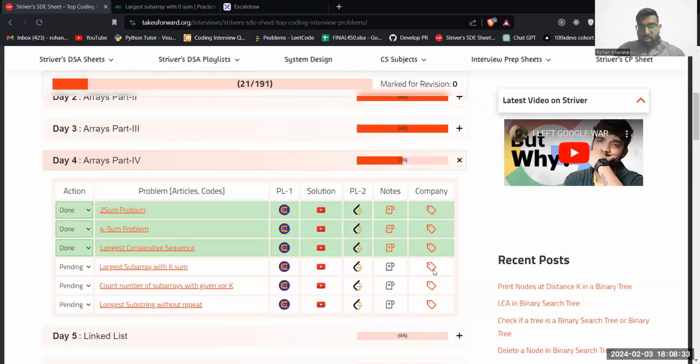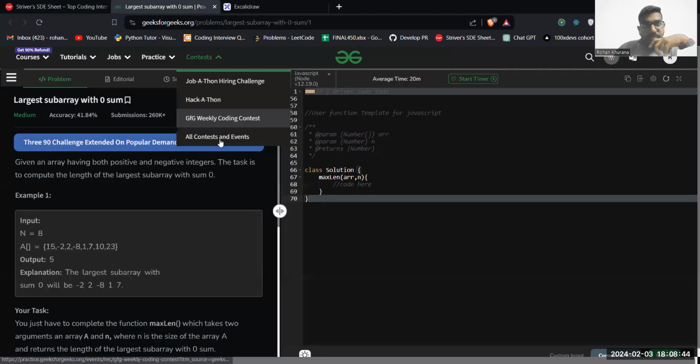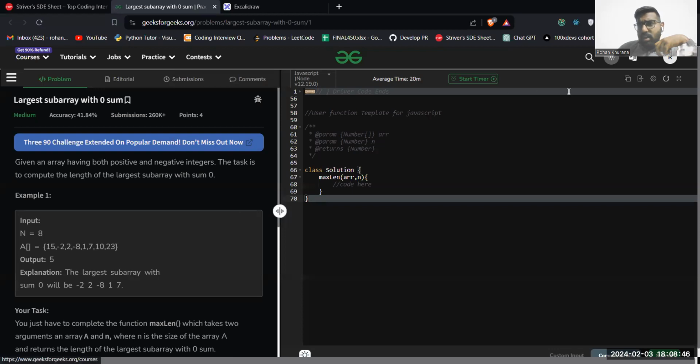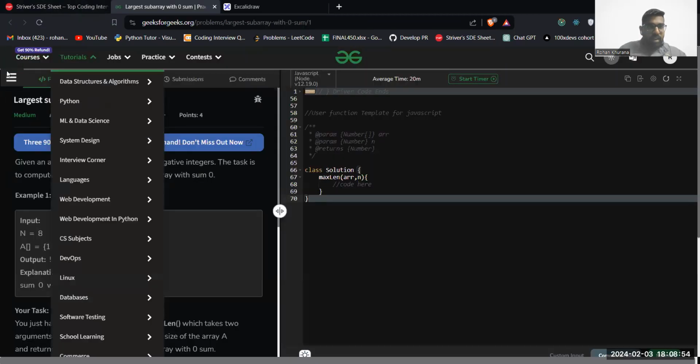So today is going to be day 22 of the DSA challenge that we took. And the question we're going to solve today is largest subarray with k sum. The question is on GFG and it is a kind of different. It is a variation. As you can see, the subarray with k sum is given here, but in